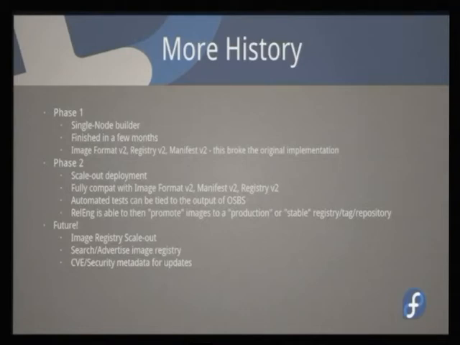And then we're also trying to figure out a good way to do CVE and security metadata release and distribution. So when you're on your Fedora system and you use DNF, or if you're on your RHEL or CentOS system and you use Yum, you can check security info. You can do updateinfo and check security and see CVE data and read about change logs. Right now, there's not any way to do that for Docker or any of the OCI runtimes. But docker pull and docker search being kind of the de facto standards in the community space for those kinds of things. And it's difficult because this is a desired